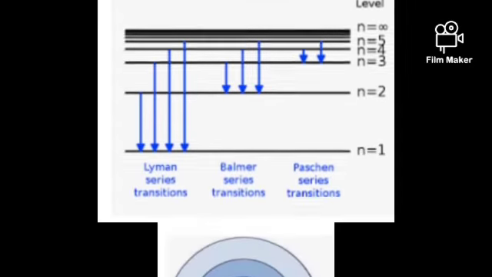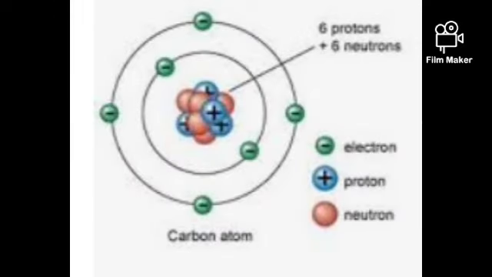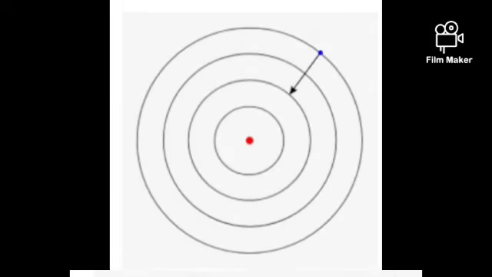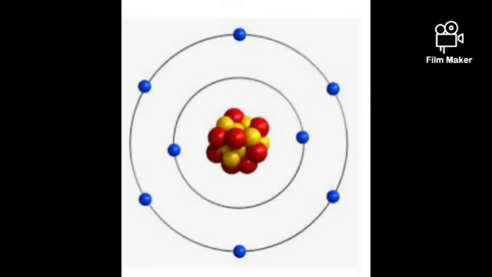Now, the atom, which has been believed to be indivisible, is actually divisible. I'm sure you know by now that science normally evolves, and in this evolution, so many things that we used to know to be correct are turned on their head. A good example is the atom that we have always thought to be indivisible is divisible. The only difference now is that it is the smallest unit of the element that will still retain the chemical